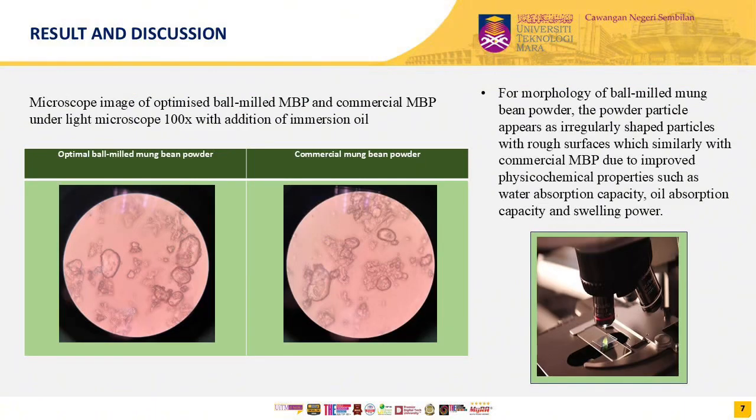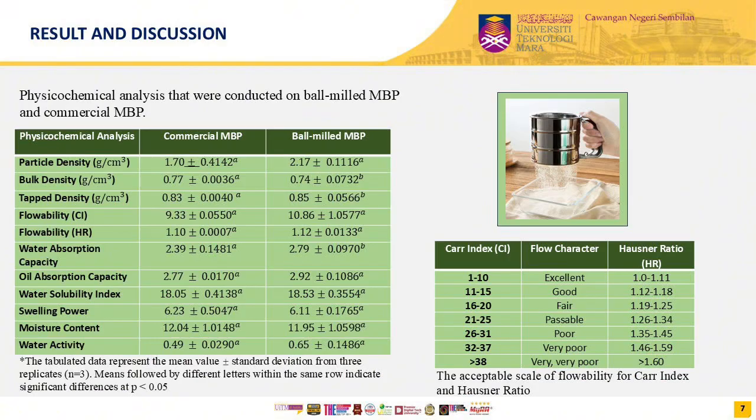Next, we proceed to the microscope image of optimized ball mill mung bean powder and commercial mung bean powder under a light microscope at 100 times with addition of immersion oil. For morphology of ball mill mung bean powder, the powder particles appear as irregularly shaped particles with rough surfaces, similar to the commercial mung bean powder, due to improved physicochemical properties such as water absorption capacity, oil absorption capacity, and swelling power. This table shows results for physicochemical analysis that were conducted on ball mill mung bean powder and